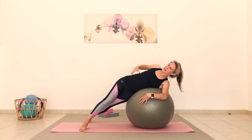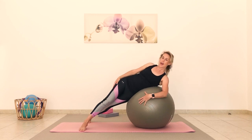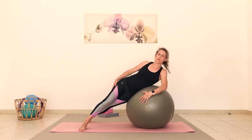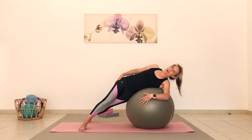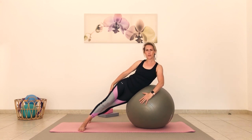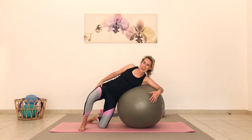Really focus on the obliques. Squeeze here, pulling your rib cage down towards your hip bone, and down again. And 4, and down. And 3, reach that arm as well, and down. And 2, and bring it down. And last one, pull, pull, pull, pull, pull, and bring it down, and then bend your knees and release yourself